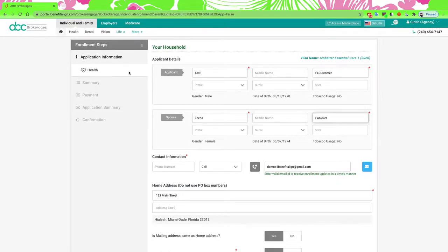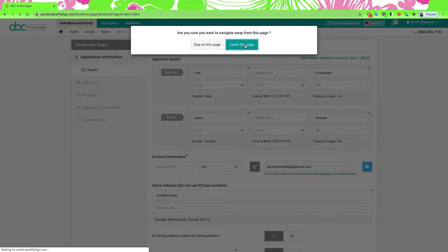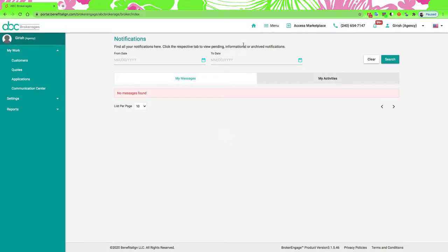So now what you saw here is the ability to complete an application from scratch where you have to enter all that information, and the way you can combine multiple lines of business using a single application flow. Now, if you were only doing a marketplace plan, then there is also an easier way to do that, especially if your customers have had some footprint on the marketplace. Either they have an active marketplace plan already, or they have had a marketplace plan anytime in the last 7 years. Then the process gets even easier. I'll show you an example of that.